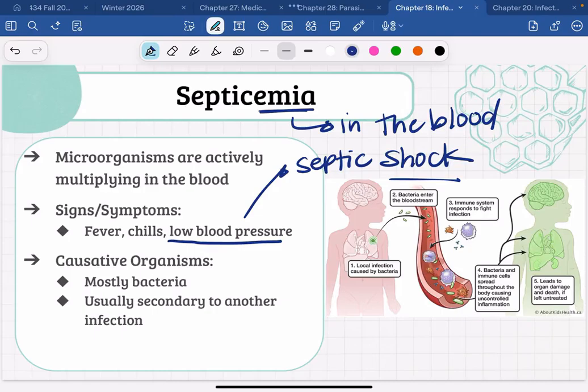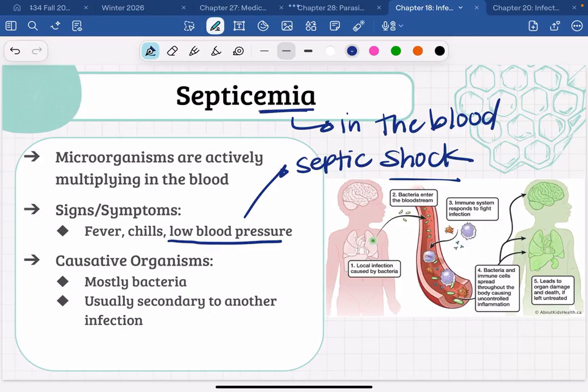Well, that's fine when you have a cut on your arm and you have local leakiness of your blood vessels and it makes your arm turn a little red. But when that happens in every single blood vessel in your body, because your whole body is sick, it will drop your blood pressure very, very dangerously. And what that means is your tissues and organs are not getting enough blood. The pressure of your blood is not high enough.